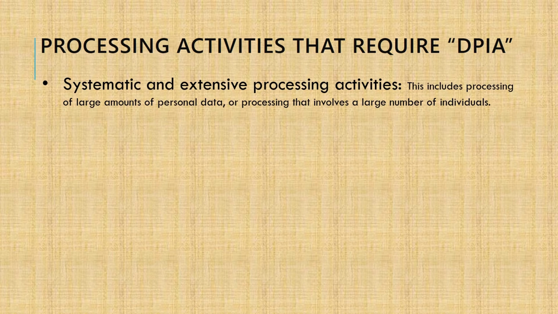systematic and extensive processing activities. So, if your processing activities involve a large amount of personal data or processing that involves a large number of individuals. So, why is the risk? For example, if a company database containing personal information on millions of customers is breached, the data could be used for identity theft, financial fraud, or other harmful purposes, right? Next,